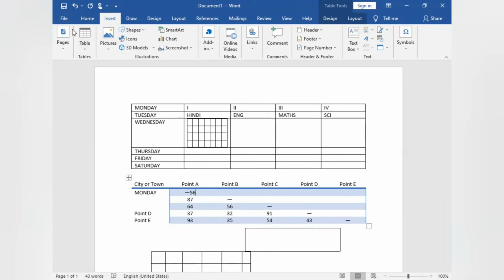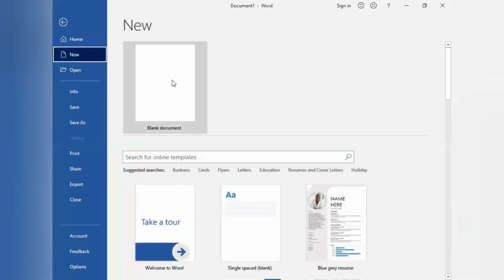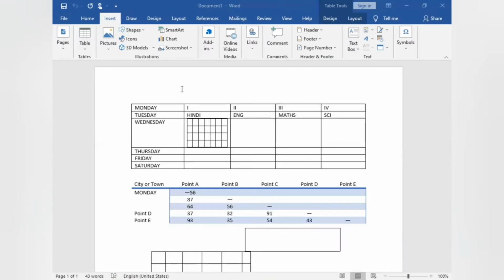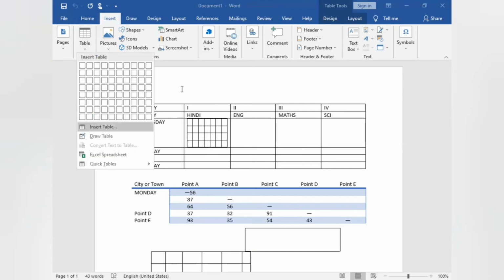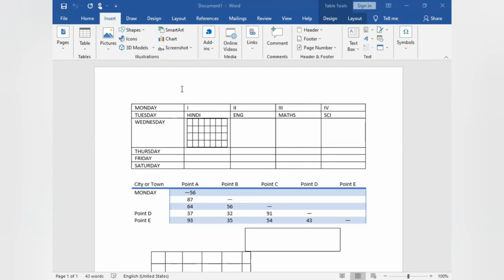Next, we will use split and merge cell. How can you split a cell?